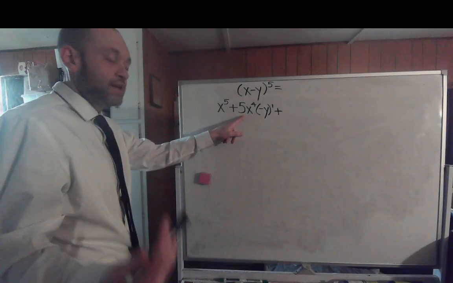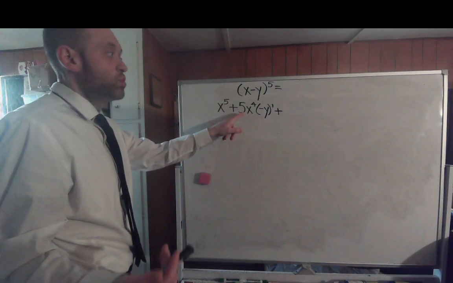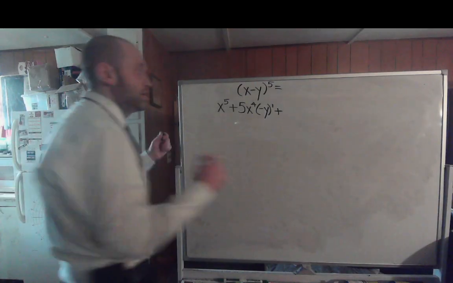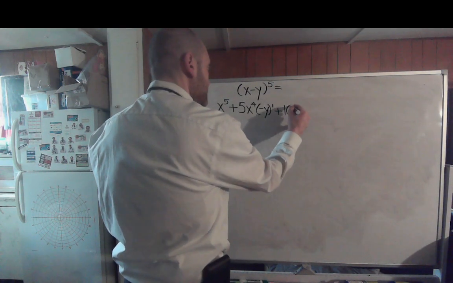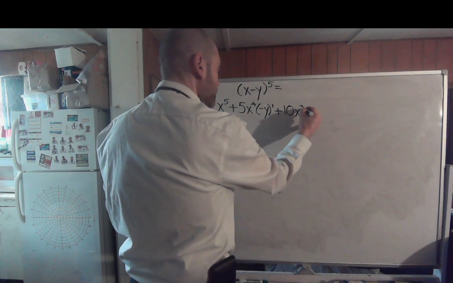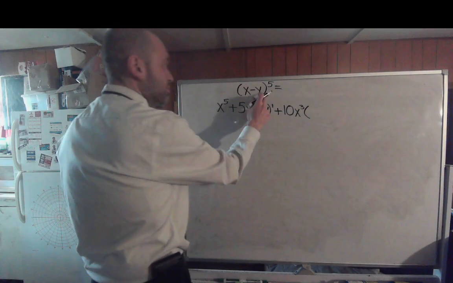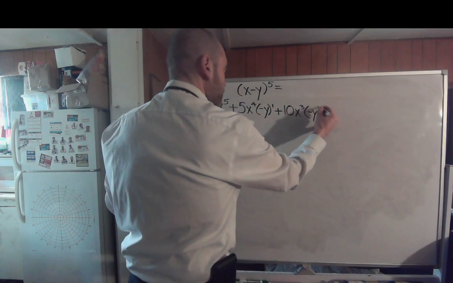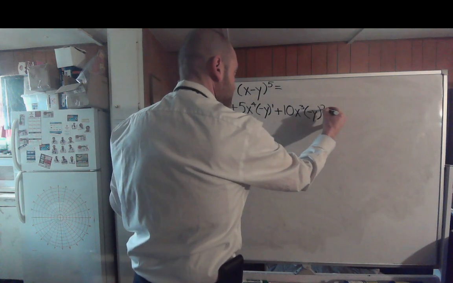Okay, now, to get your third term, so take that 4 times that 5, you'll get 20. Divide that 20 by the current term you're on, which is 2. 20 divided by 2 is 10. So you'll get 10 times that first term of x lowered 1 more degree, which would be to the 3rd, times your second term of negative y raised another degree, which would be to the second power,